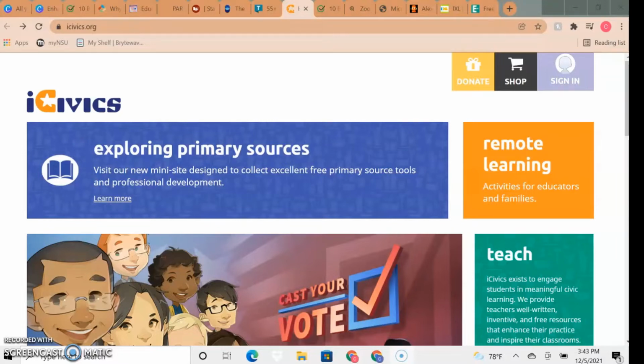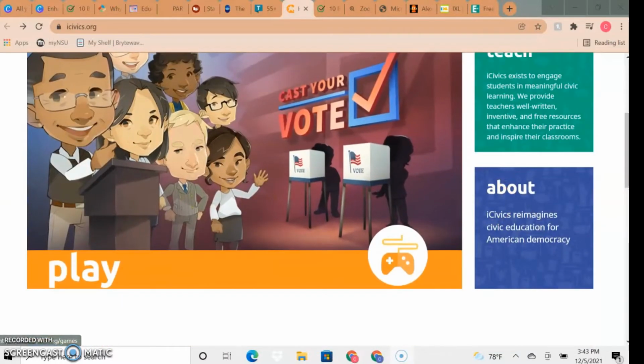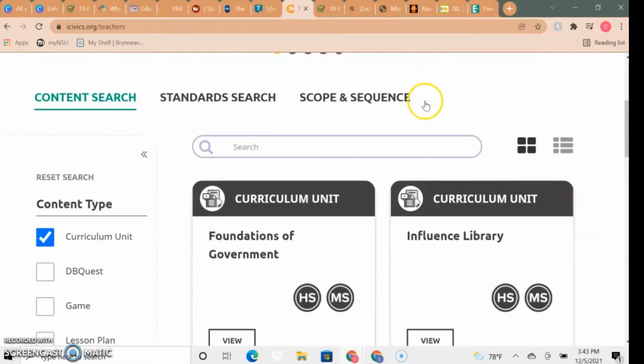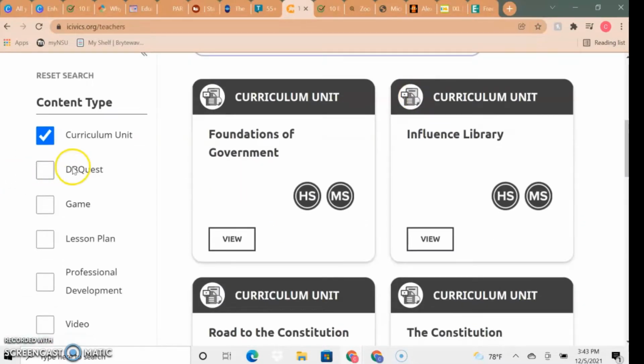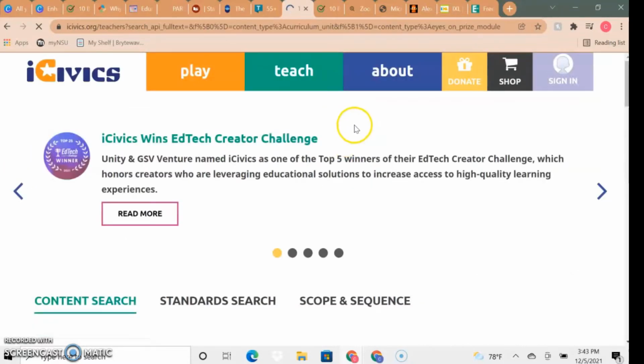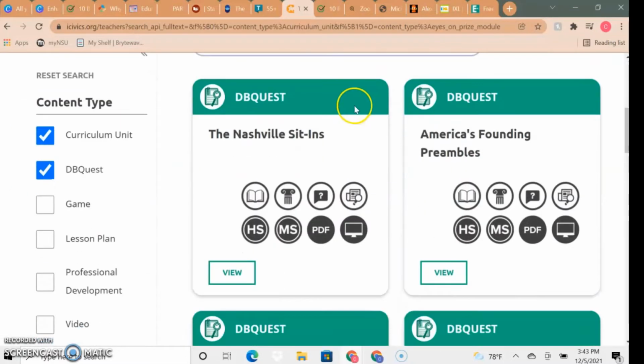Next, we have iCivic. So you can explore primary sources. We have some games you can play, and then some teach sections. So you can click on any type of content type. Let's do DBQ, and then we're just going to click on the first one we see, which is the Nashville